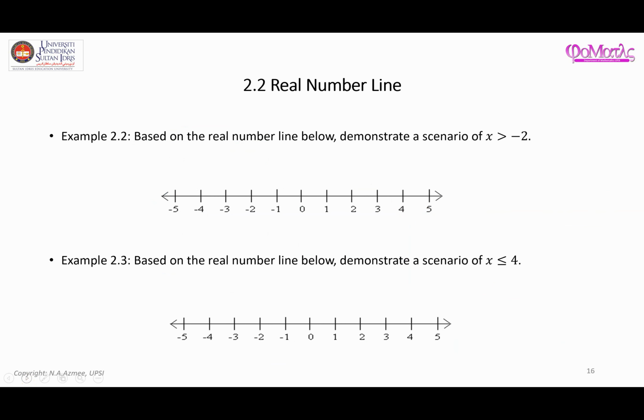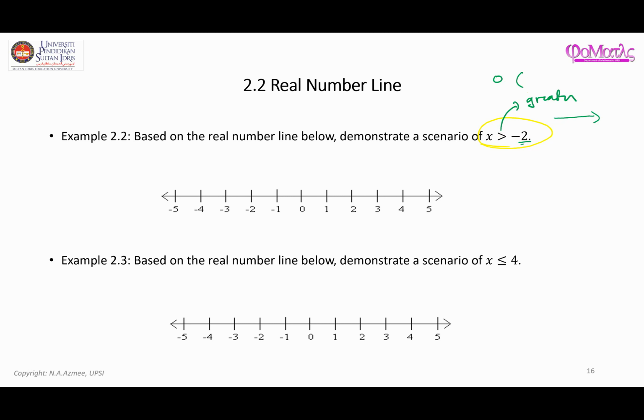Alright, let's try and do some simple examples here. Now, based on the real number line below, we are going to demonstrate the scenario of x greater than -2. So here is the meaning of this mathematical symbol: it is greater. That means you're going in the right direction of -2. And you can either choose an open circle or a round bracket to demonstrate